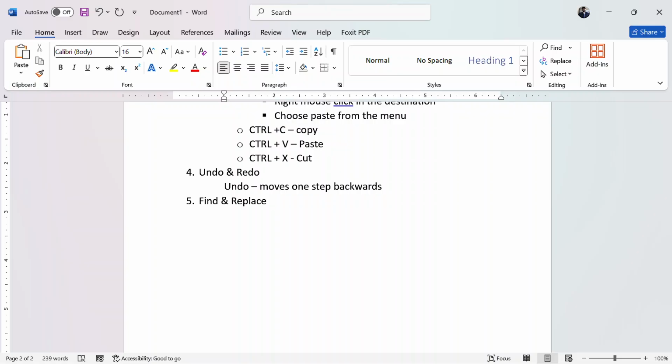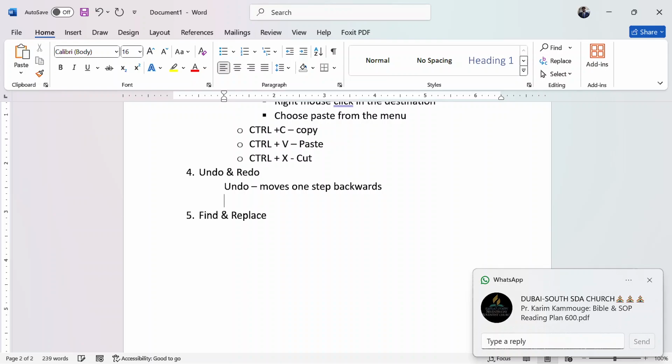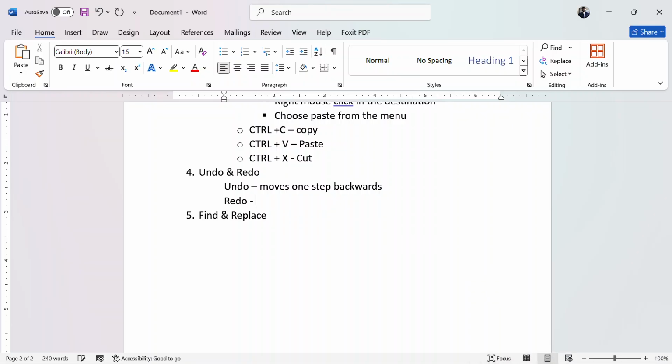The shortcut for undo is Ctrl Z. You can tap on Ctrl Z and it gives you the action. Then we also have redo. Redo moves 1 step forward.